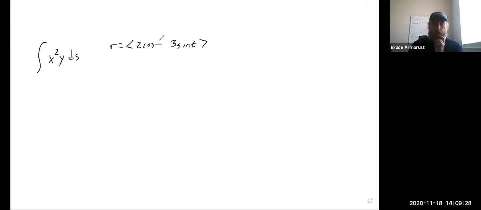So r prime is minus 2 sine, 3 cosine. So the magnitude of r prime is the square root of 4 sine squared plus 9 cosine squared,